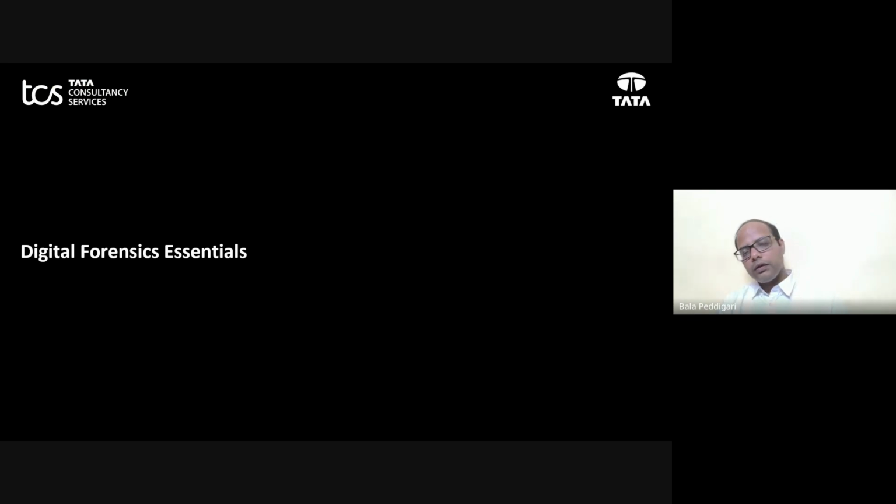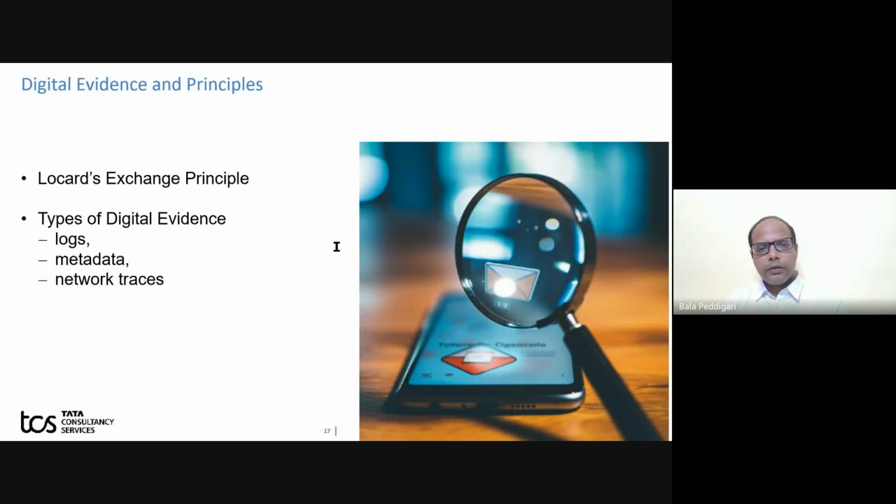Moving forward, I will touch upon digital forensic essentials also. Today, building a secure software development lifecycle is not sufficient; after deployment, when an incident happens, you should also know how to apply forensic analysis. Some of these techniques I'm going to touch upon so that you are aware of them. One of the foremost principles of digital forensics is Locard's exchange principle. This was originally formulated for physical crime scenes, and it applies to digital investigations. It really